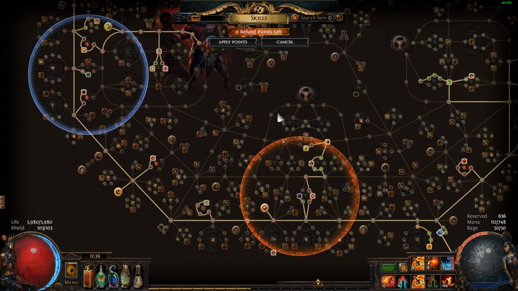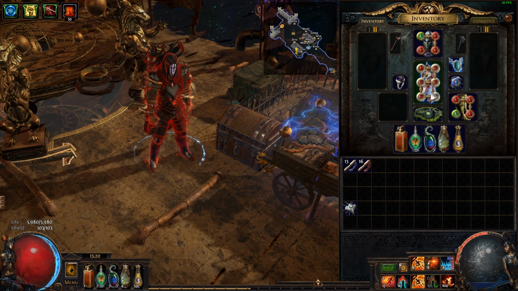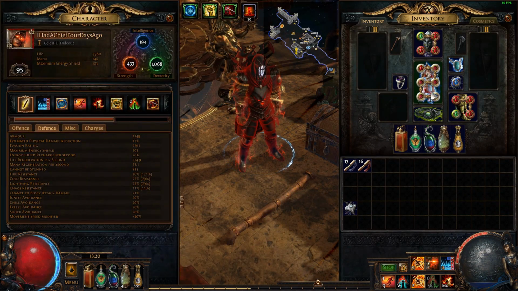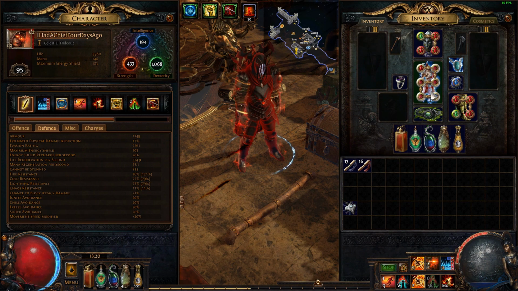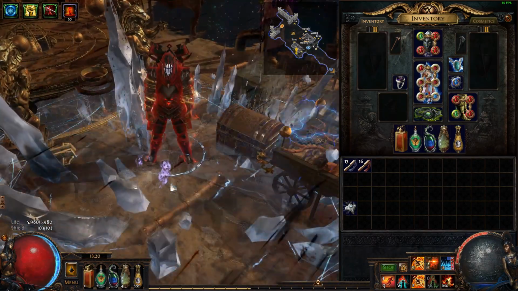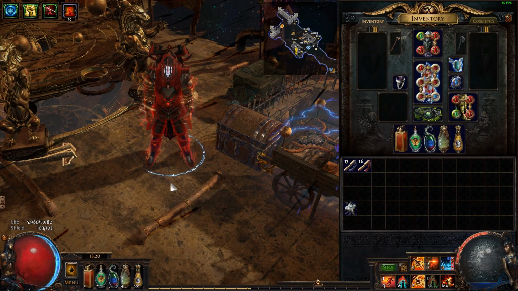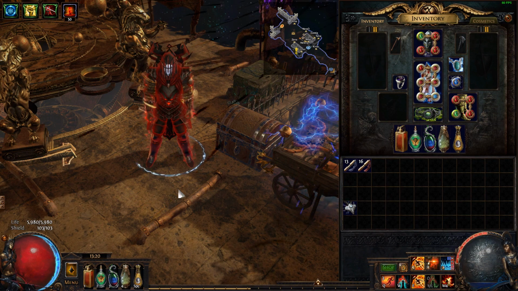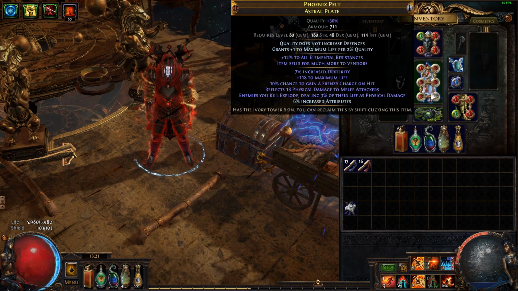So yeah, let us move on to the gear. Okay, so for the gear that the character is using, remember that we are playing with Hollow Palm technique, which means no weapons, no gloves, no shield, and we have to get as much dexterity so that we can get as much physical attack damage, which is getting converted into cold and then into fire thanks to our skill tree and gem setup. And with that in mind, our first piece of gear is the body armor, which is a